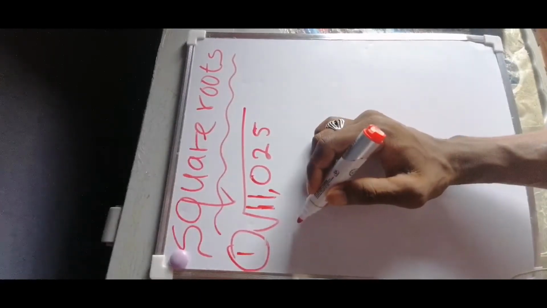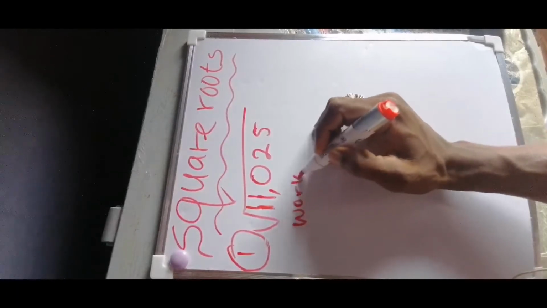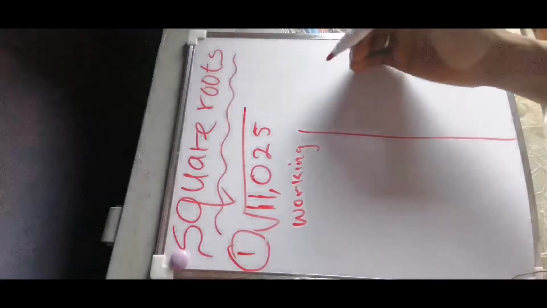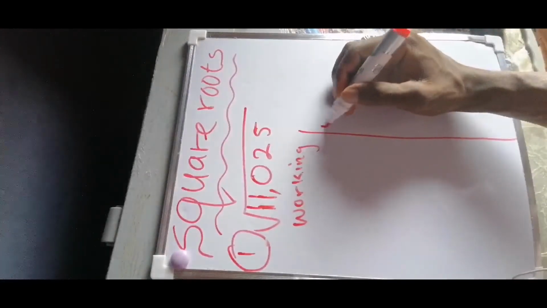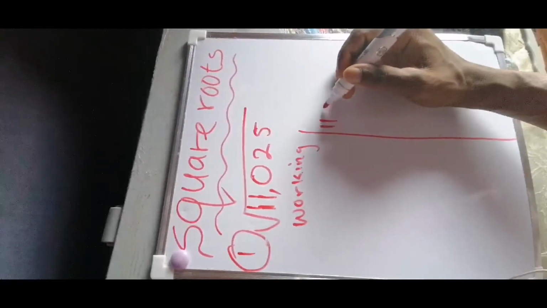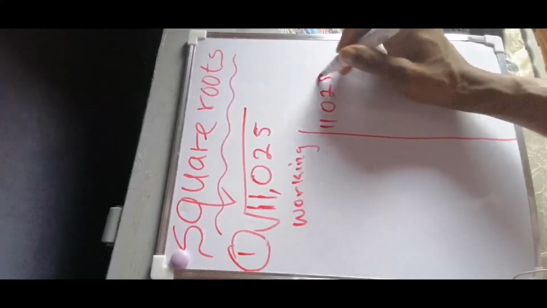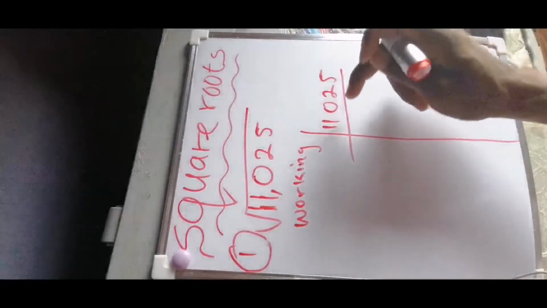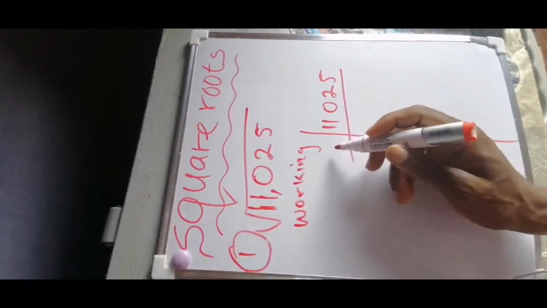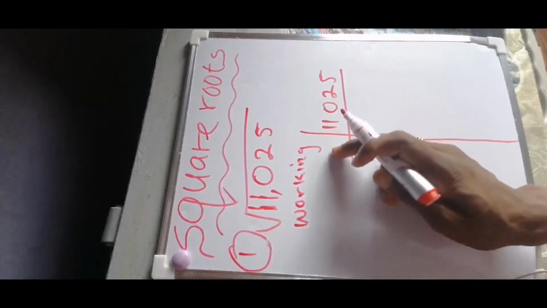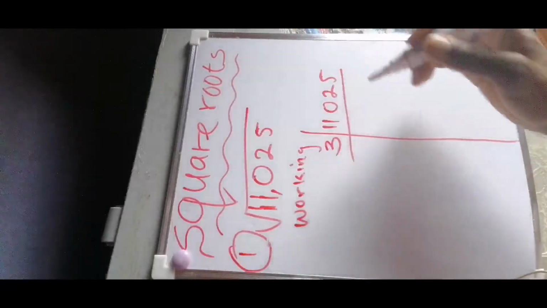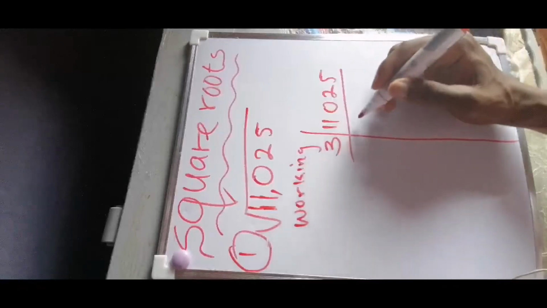So we are going to start our workings. Let's draw our line here. Here we have 11,025. First of all, we are going to look at a number that will enter 11,025 without any remainder. If we use 2, it will not enter without a remainder. So we are going to use 3. So 3 into this number is